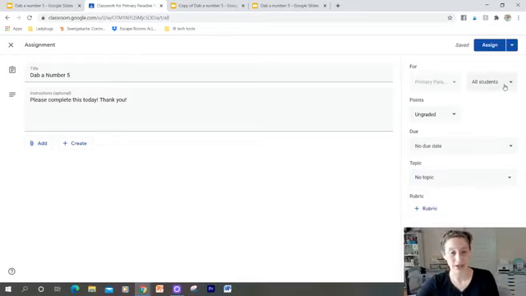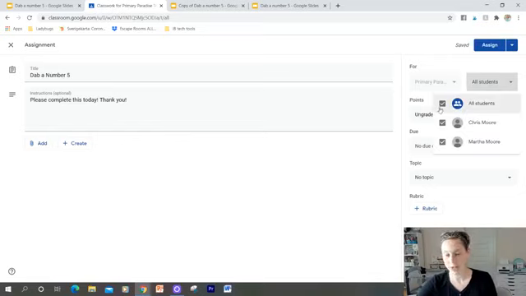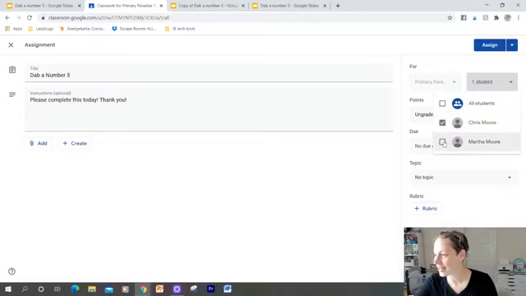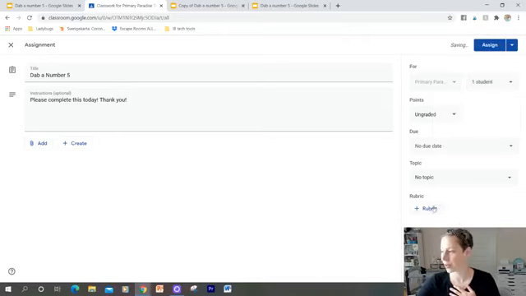Now, this is a neat function. I could assign it to all of my students, or I could just assign it to 1 or 2 or 3 students, which is really nice because then you can differentiate. As you can see, my classroom is myself and my husband. So I'm going to just assign it to myself because I don't want to assign it to him. You can also attach a rubric. I'm not going to do that either. Okay, so when I go to assign it,